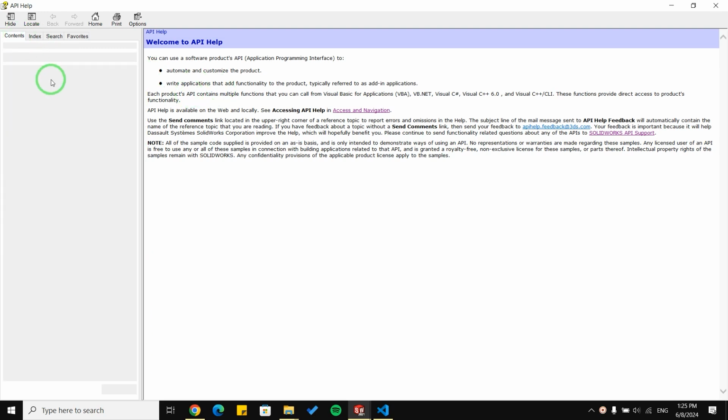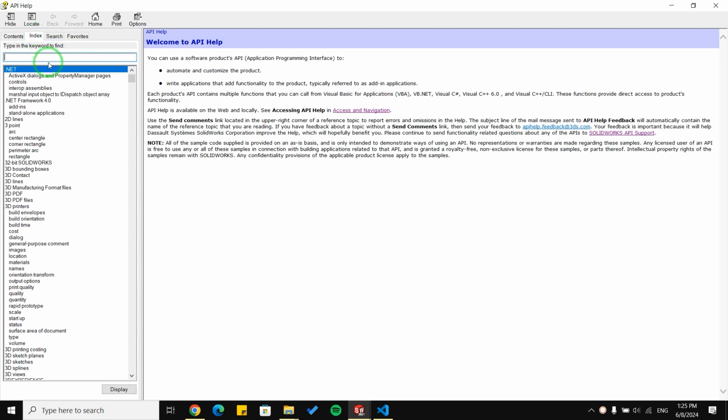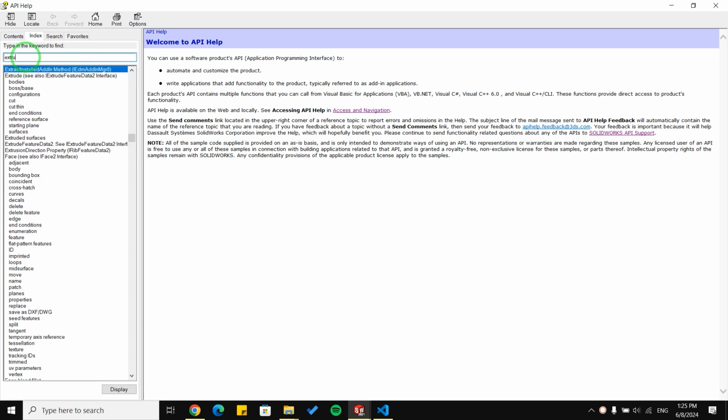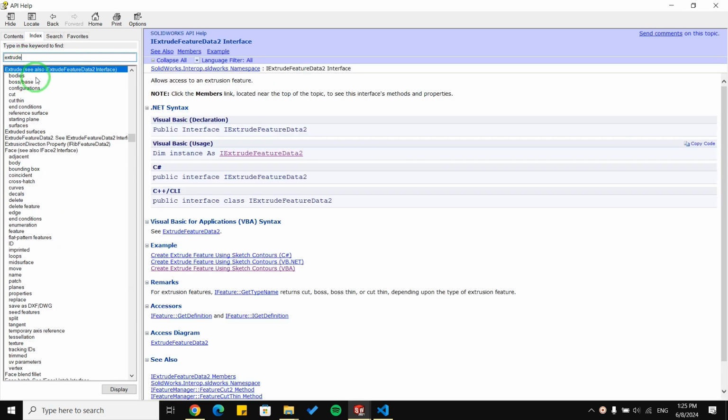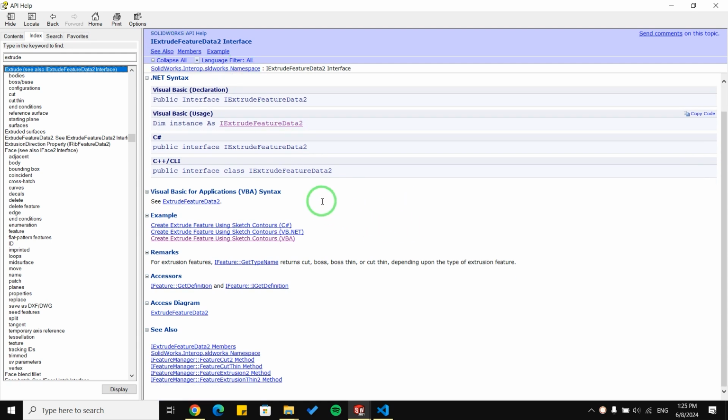You just need to click on the index and you have the ability to search. For example, I'm going to search extrude, and when I enter it, I can see everything related to extrude about macros and SolidWorks. And the most important part about this page is the example.